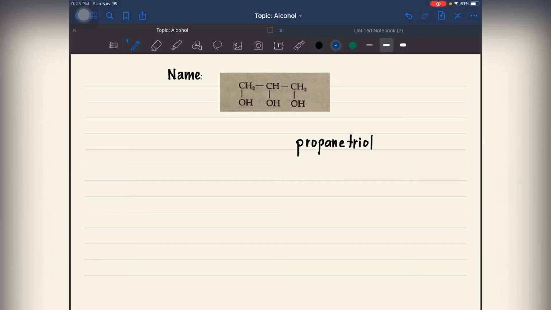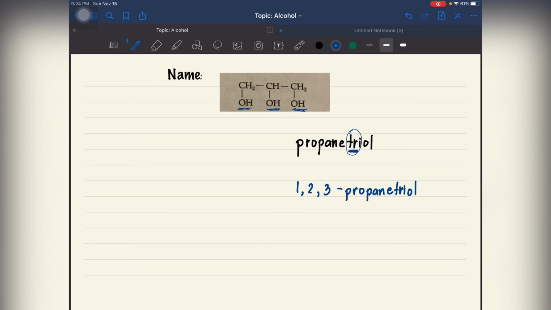As you can see, may nakalagay na tri doon sa may OL. Kasi dito sa ating figure, meron tayong tatlong functional group ng OH. So, dahil may tatlo tayo, saka natin gagamitin yung tri. Tri na OL. So, to be exact, this will be our name for our structure. So, we have here 1, 2, 3 dash propane triol,